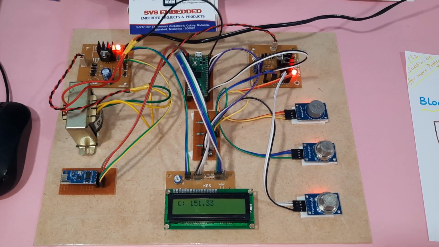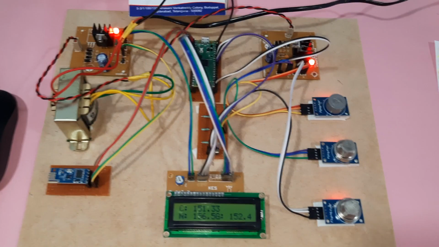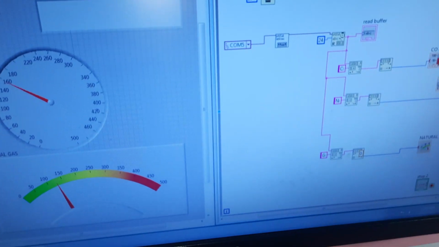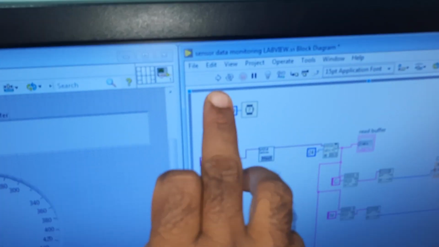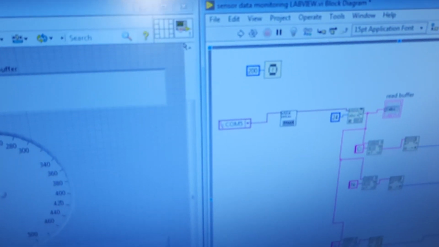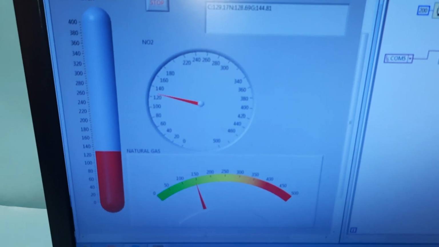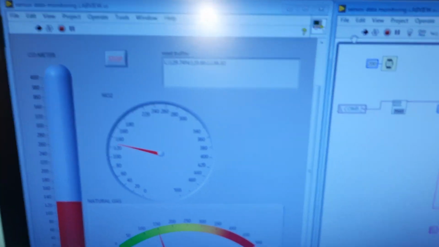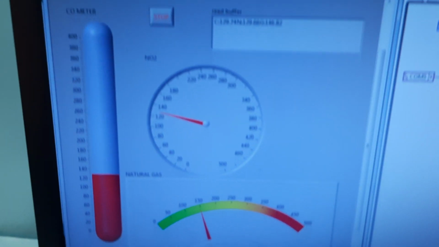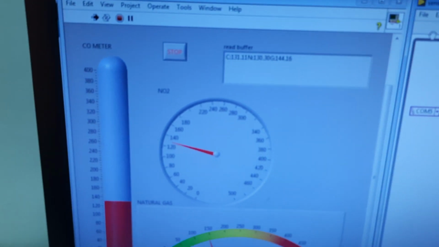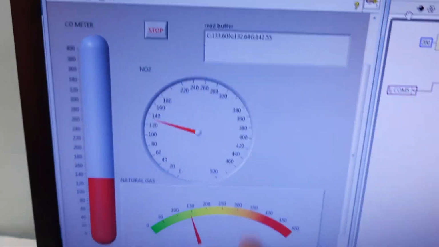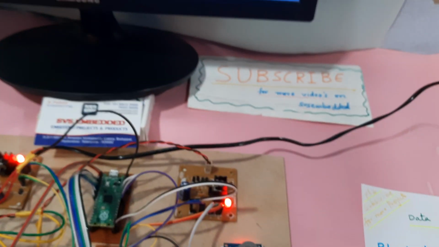using LabVIEW. So sensors data. So here we have to go for the run. Okay. Yeah, so sensor data is coming. Okay. So this is CO meter. Okay, NO2. So now I am taking some gas. Okay, methane gas